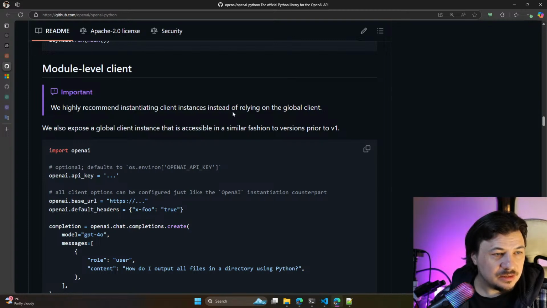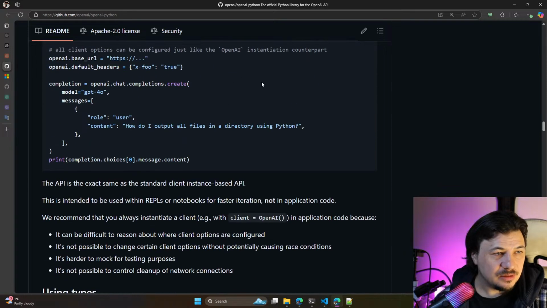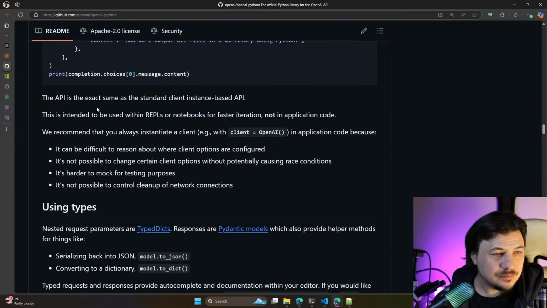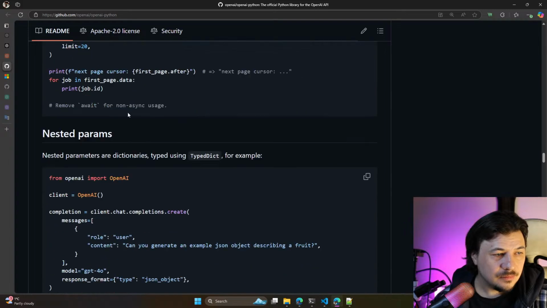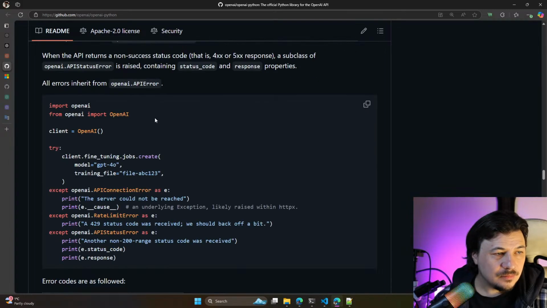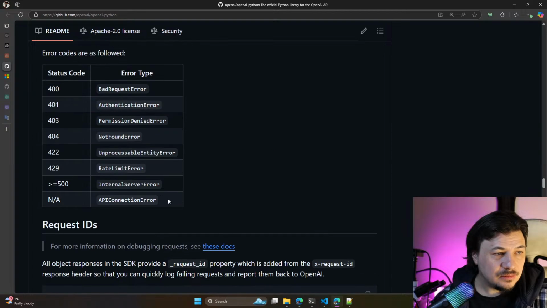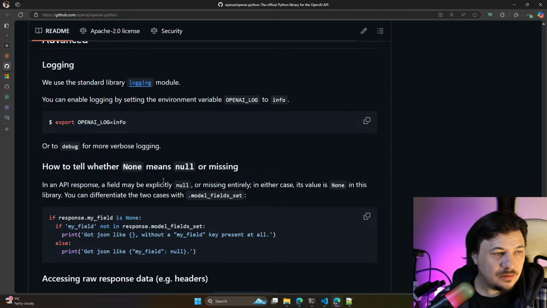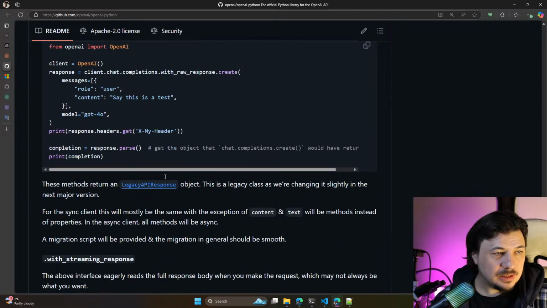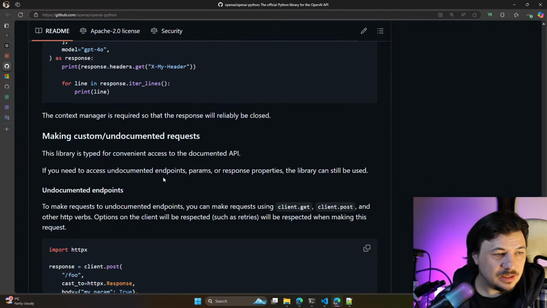Instantiating a client instead of relying on the global client. We also expose a global client instance that is accessible in a similar fashion to versions prior to version 1. Interesting. Okay. So I don't actually see any Azure here.